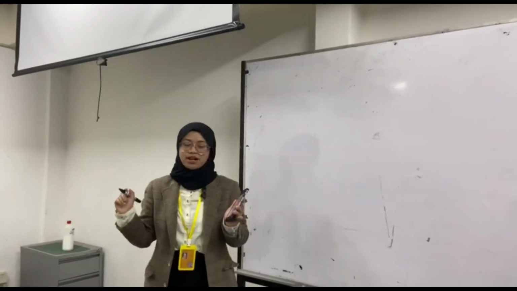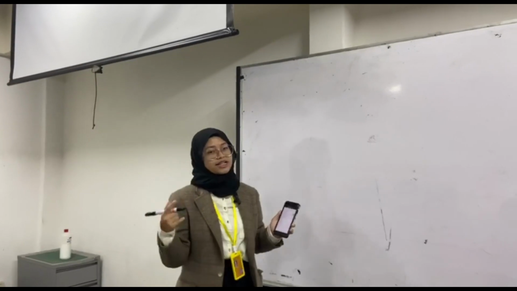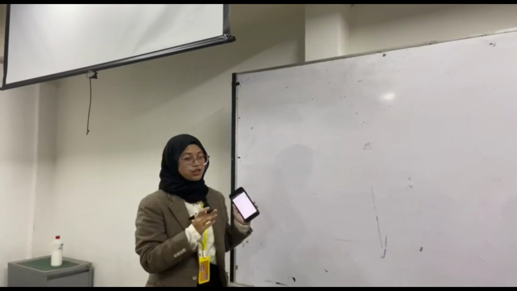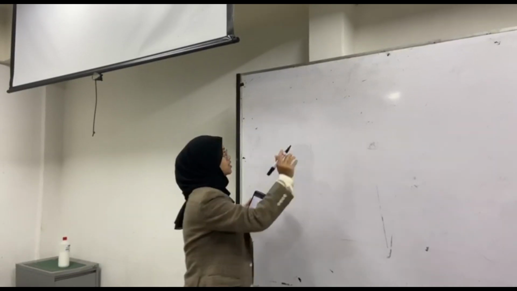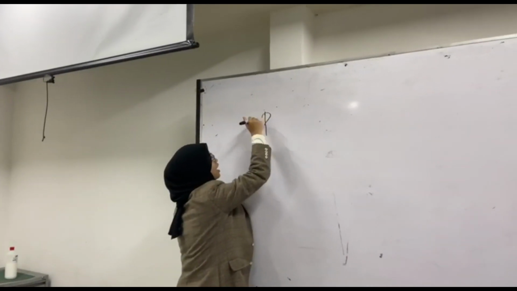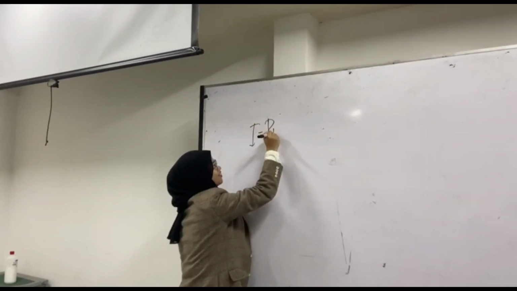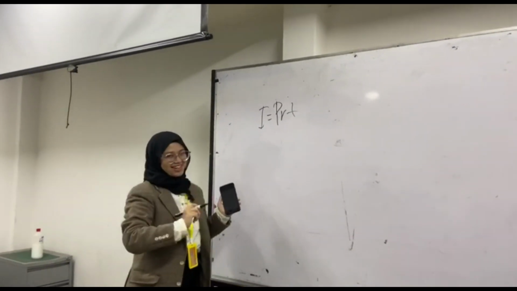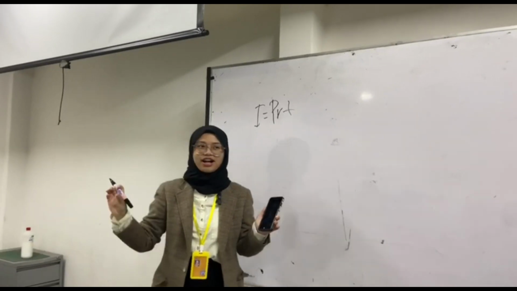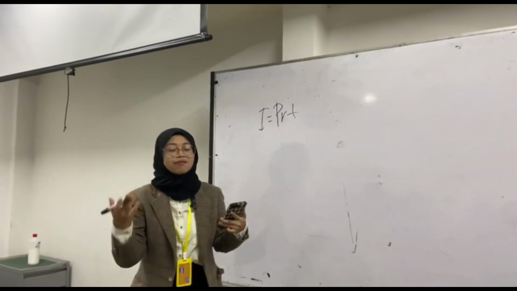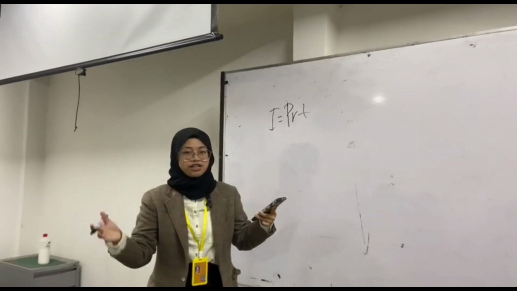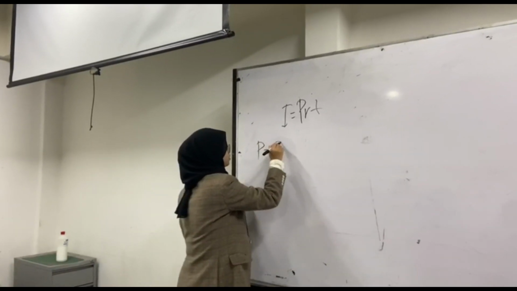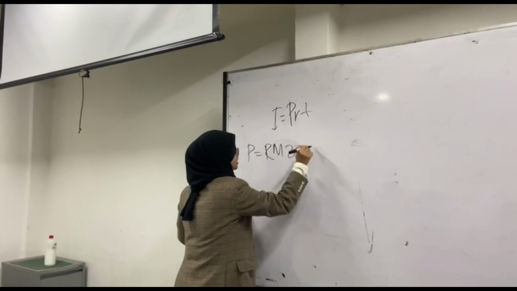The first step we must do is to know what formula to use. So for this situation, we will use the I equals PRT formula. According to this formula, we need to list down all of the numbers that the question gave. For example, P equals RM20,000,